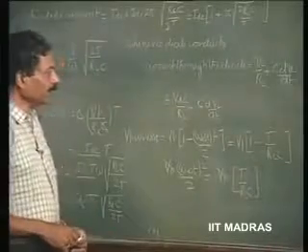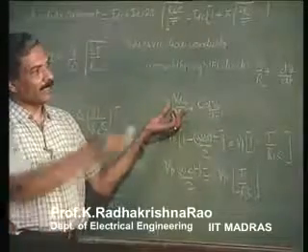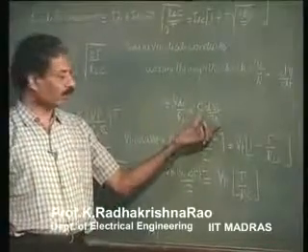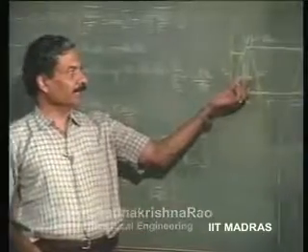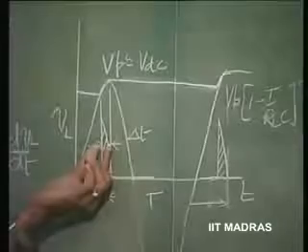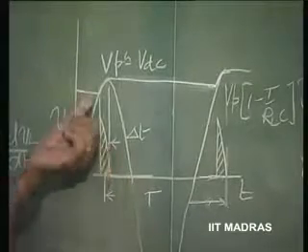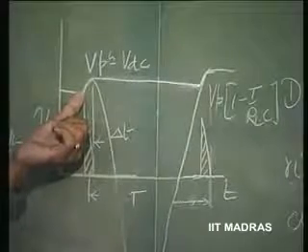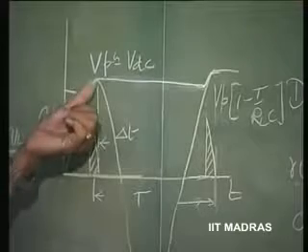How do we get the value of this? This is already known to us. This is given as 10 milliampere for the problem. How do we find out this value? This is done by again a valid approximation. This interval of time is very small. That is how we have done our design. During this interval of time, we would like to know what the voltage at this point is, where it is joining the input.